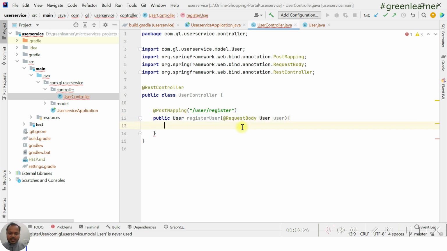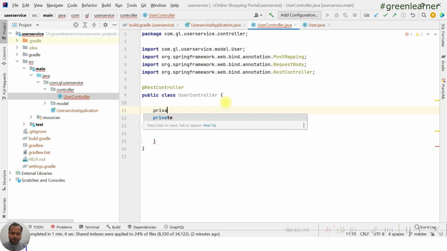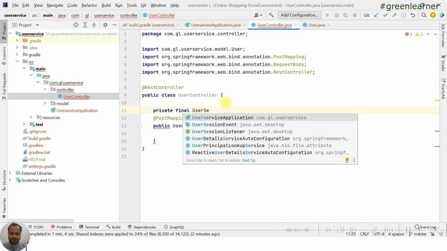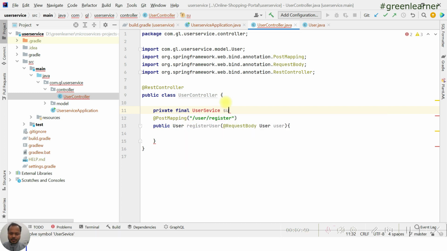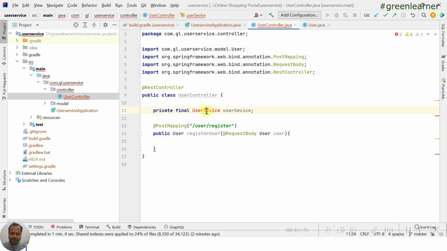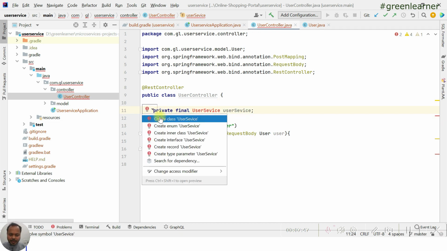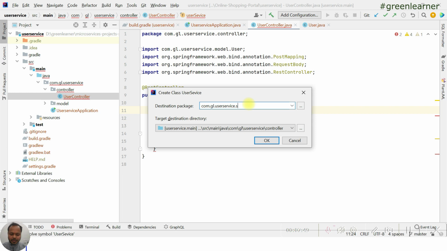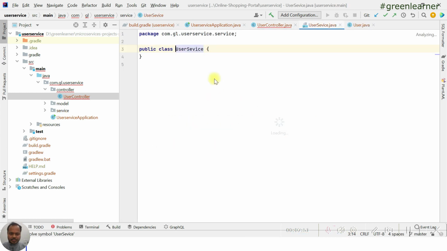Okay, and the job of the controller is to delegate the things to the service classes. So that is the next thing that we are going to create, private final user service. All right, so this class also we need, so I'm going to create this one, and this is going to be in the service package.